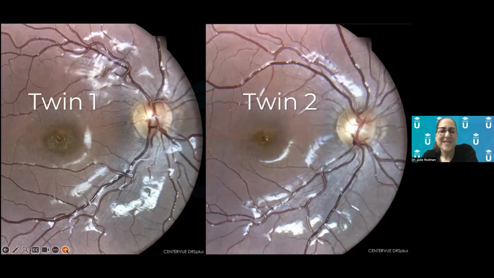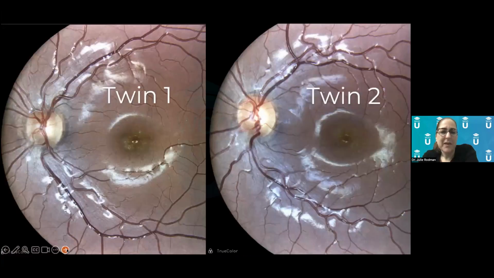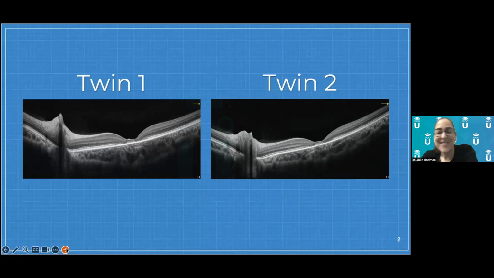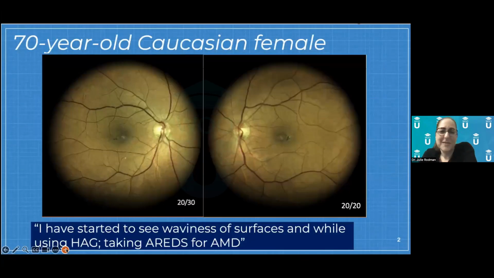If you look at the twins side by side, twin number 1 has a really well demarcated bullseye appearance, and there's twin 2, the other eye, OCTs. I just thought it was so cool that they're sitting in the rooms next to each other and looked almost identical. Okay, let's move on to this case. I think this is probably going to be the last one that we get to.